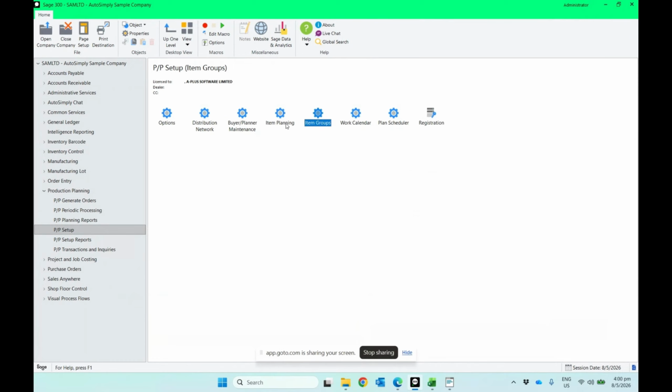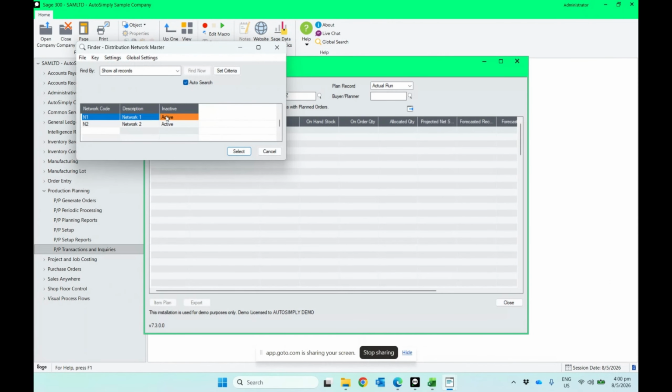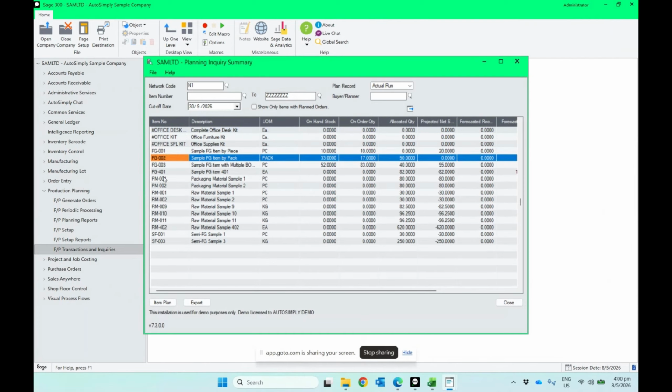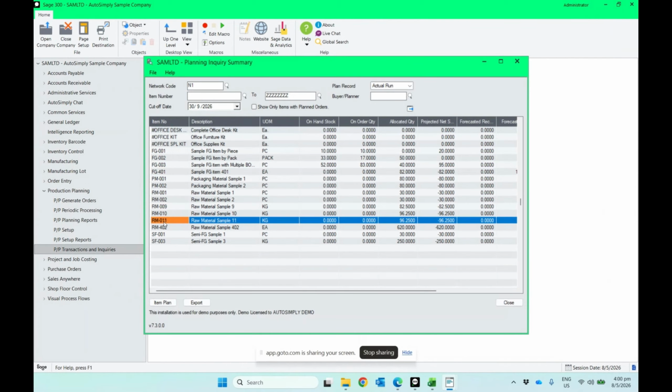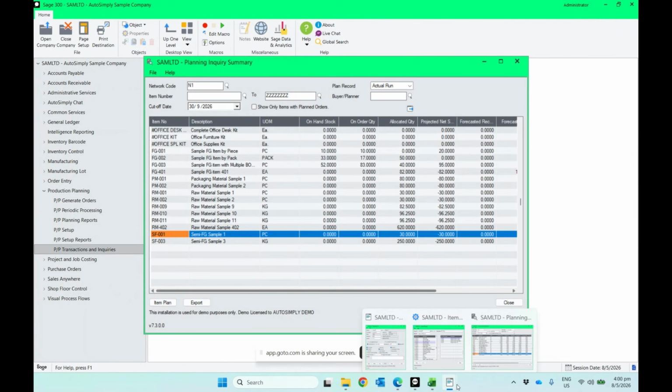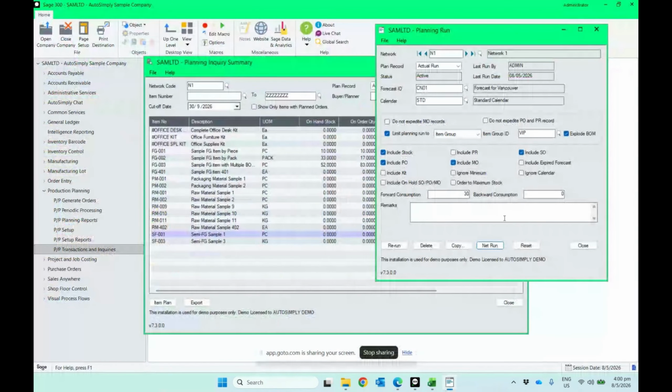If I open the planning inquiry summary here, actually everything up to, let's say, September, it's looking at those 4 products together with any semi-finished goods or raw materials underneath. So it's a fully exploded BOM, but limited to those 4 top products. That's what the system is looking at when it generated that plan. So again, this is a very useful function. It speeds up the planning run